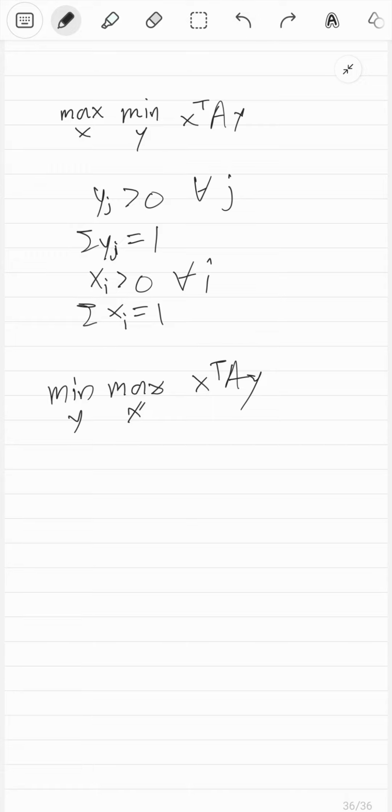So the first thing that I'll do is rewrite these problems in a better way. Firstly, notice that given a y, maximizing this quantity through the probability distribution x is more or less just finding the biggest value in the vector A y. So this is just the maximum value in the vector A y for a given y value, and we minimize that over y. So this problem is exactly the same thing as that, and this is, I think, easy to prove